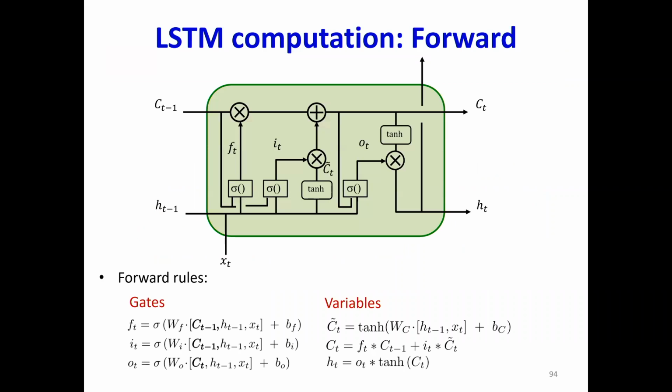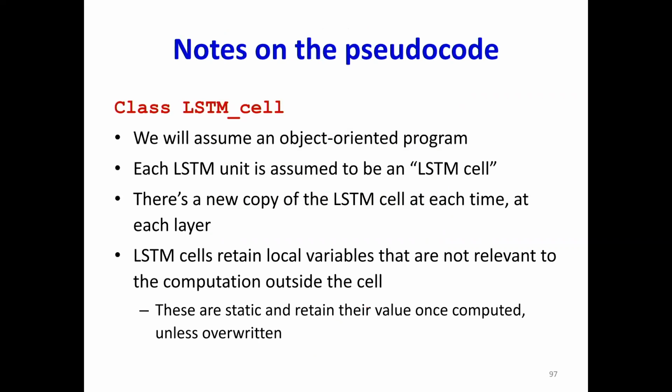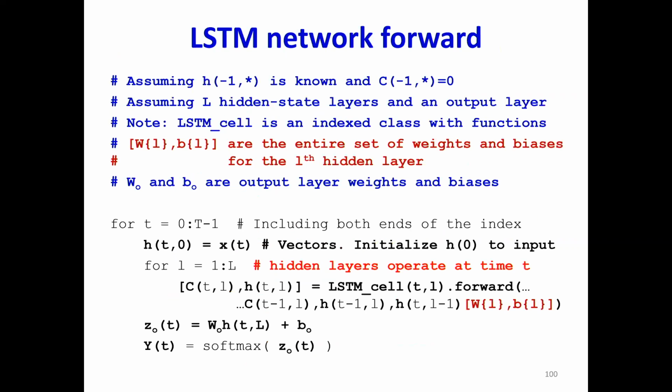So here are the set of computations. I've just got some arithmetic over here. This is only meant for your reference. I'll quickly go over them just because there's some order of computation that you have to take into consideration, which is that you first compute the forget gate, then you compute the input gate, and then you compute this pattern detector. And only when all three are computed can you update what's in raw memory. Then you need what's in raw memory to compute this output gate and this nonlinearity, and those two are multiplied to get the final output. So there's a sequence. It looks complicated, but you can actually sequentialize the whole thing. I have some pseudocode. I'll skip it.